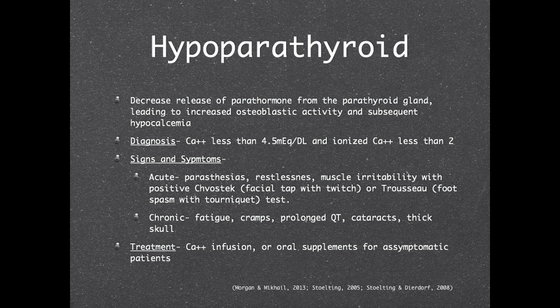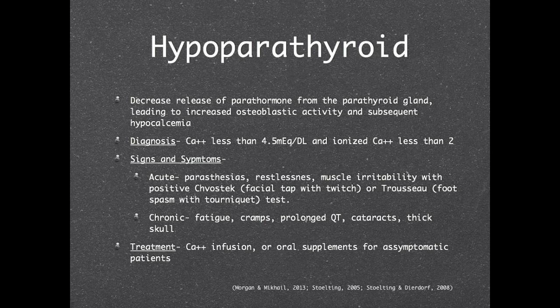Hypoparathyroidism is decreased release of parathormone from the parathyroid gland, leading to increased osteoblastic activity and subsequent hypocalcemia. Its diagnosis includes noting calcium less than 4.5 milliequivalents per deciliter and an ionized calcium less than 2. Signs and symptoms of acute hypoparathyroidism include paresthesias, restlessness, muscle irritability with a positive Chvostek sign, that's the facial tap with a twitch associated with it, or the Trousseau sign, which is a foot spasm when applying a tourniquet to